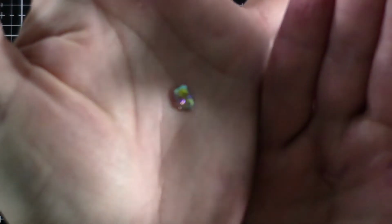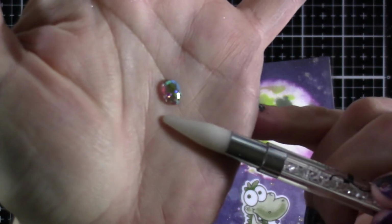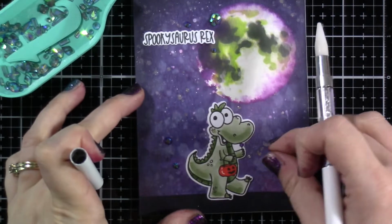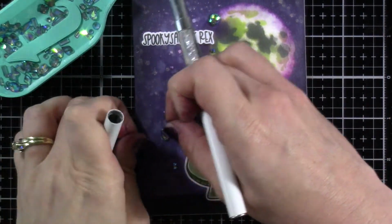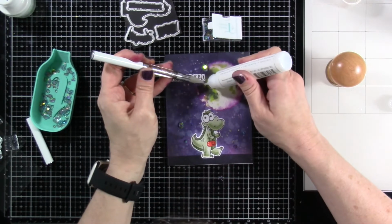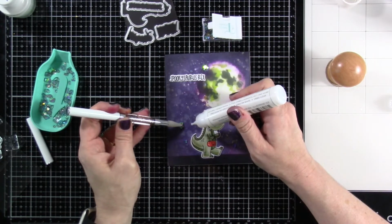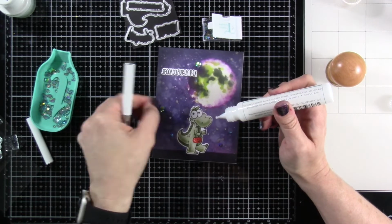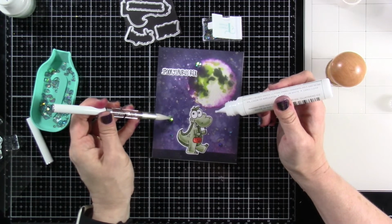Check out these trinkets. I wanted to show you that there are some little skulls in this particular set of trinkets. This is the Slate trinkets. There are a lot of different colors. I don't know if there are skulls in all of them, but there's also butterflies and other shapes. So it is a great mix to get. So I'm just going to tack those down using my pickup stick along with my Crafty Gluefriend. And then once I have all those down,